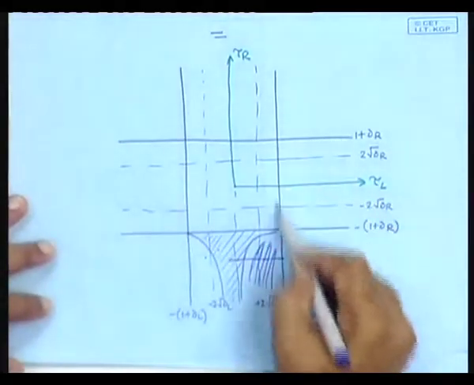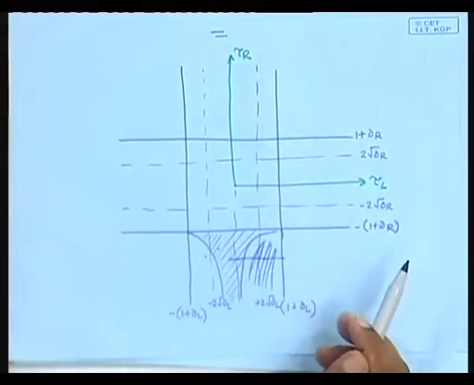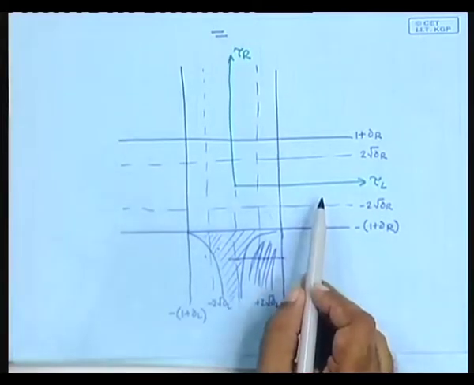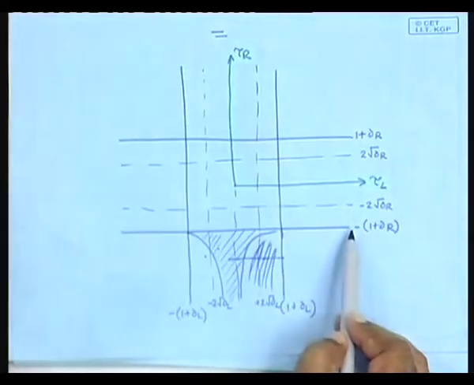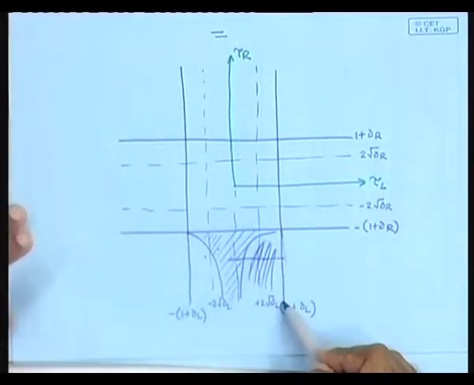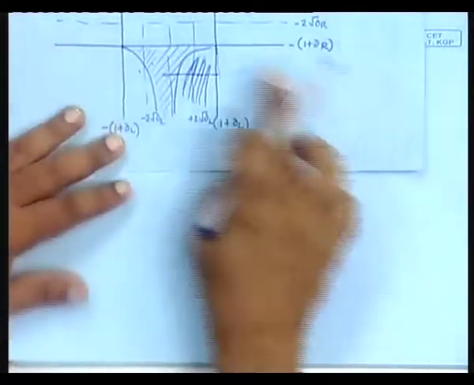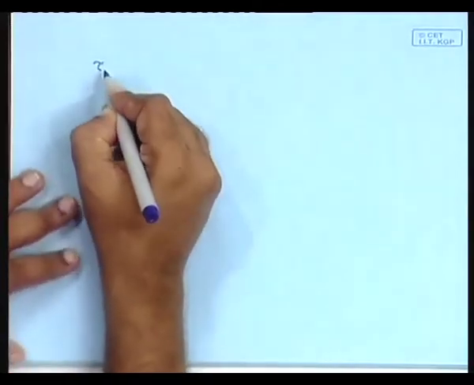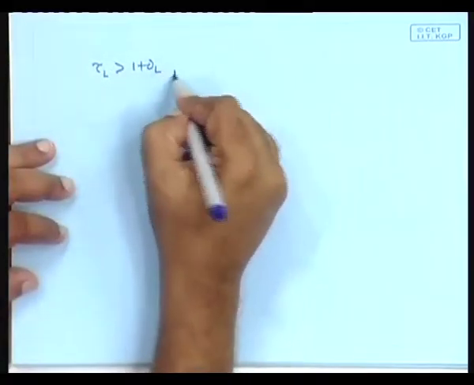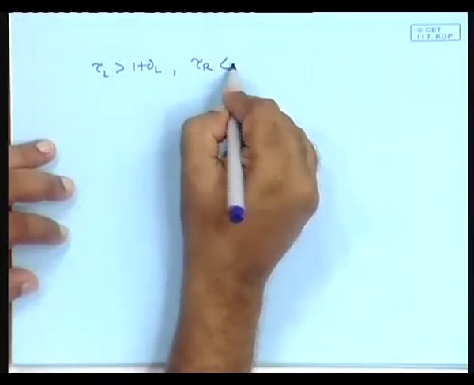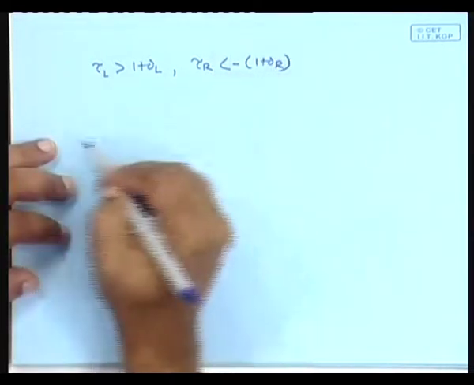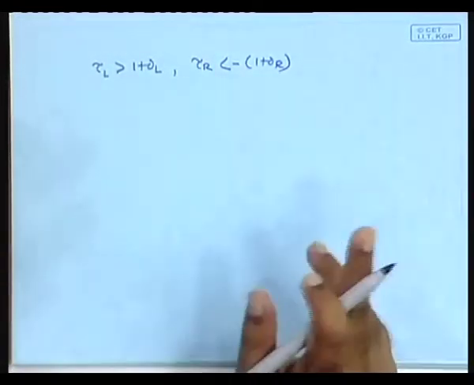Now, let us understand this part. This part we know. What happens in this part? A period 1 stable fixed point and a period 1 unstable fixed point are born. So, it is like a saddle node bifurcation, simple. But in this part what happened? Let us consider this part. What is the condition? The condition in this part is tau L is above 1 plus delta L and tau R is below minus 1 minus delta R. In this condition,